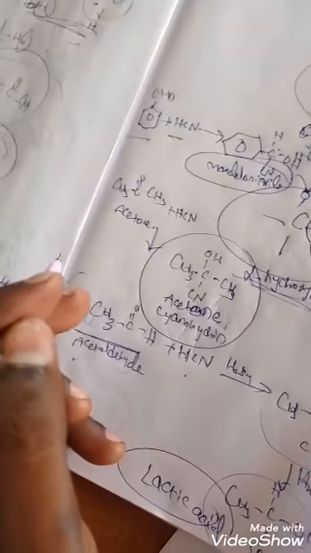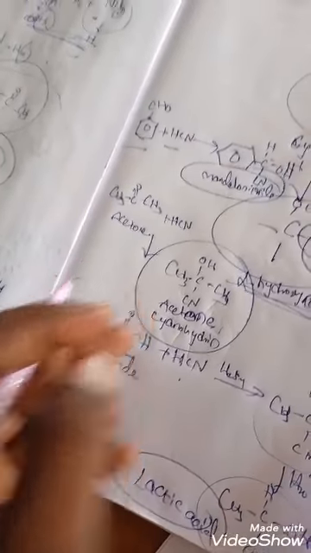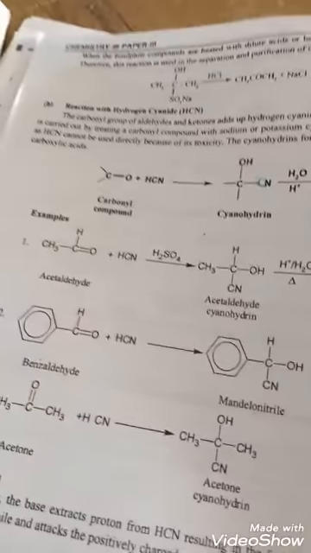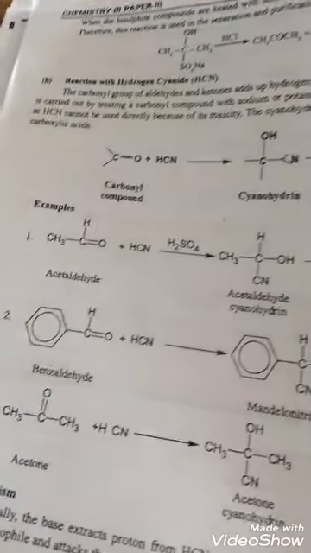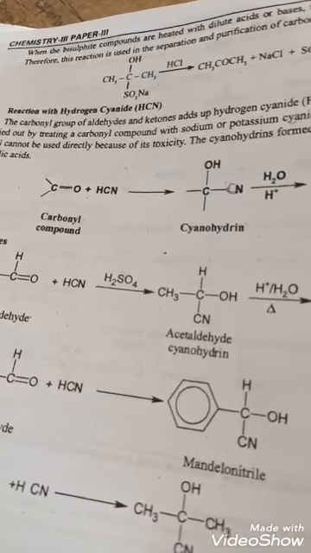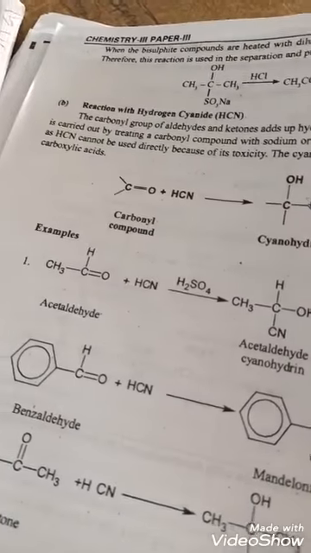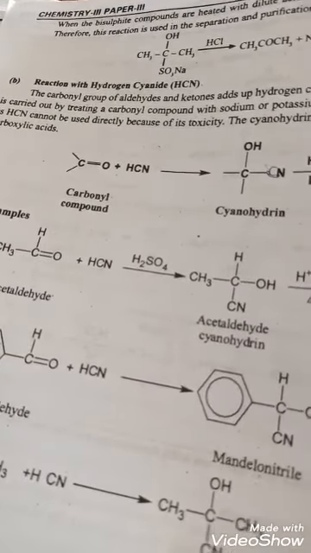Acetone cyanohydrin. This is acetone cyanohydrin. Okay, students, this is the reaction with cyanide. First, the carbonyl group of aldehydes and ketones adds hydrogen cyanide to form cyanohydrins. It is carried out by treating a carbonyl compound